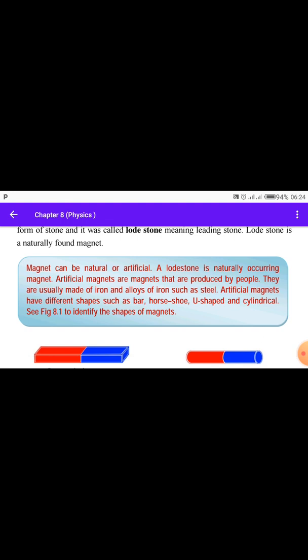Artificial magnets are magnets that are produced or manufactured by people. They are usually made of iron and alloy of iron such as steel, okay. ይሄ ማን ሜድ የምንላቸው usually በምን የሚሰሩ ናቸው, made from what: iron and alloy of iron such as steel ከምንላቸው ነገሮች የሚሰሩ